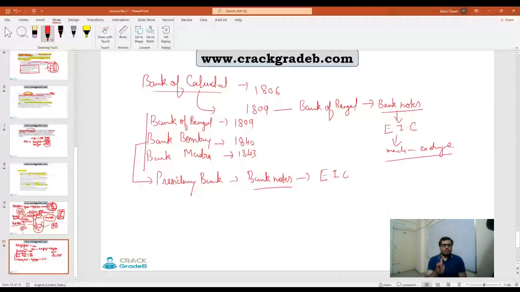And all of you know that after the revolt of 1857, company's rule was ended in India, and government took the Indian territory, and we came under the rule of government. So government found that we need to have a uniform way, because these banknotes are issued by whom? Bengal, Bombay, and Madras. So government wanted uniformity, and to implement that uniformity, one very important act was passed by the British government known as